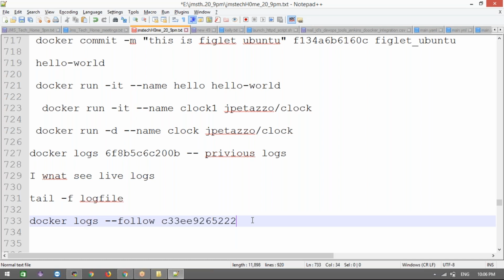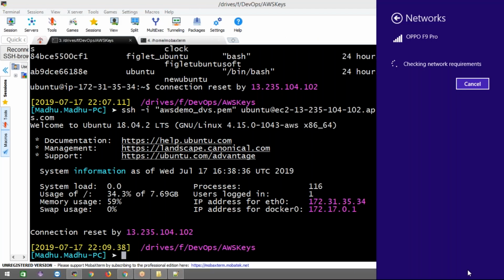It won't print the previous ones. For example, if this container has been running for the last 10 days, the follow command prints the 10 days of logs and then the current logs.